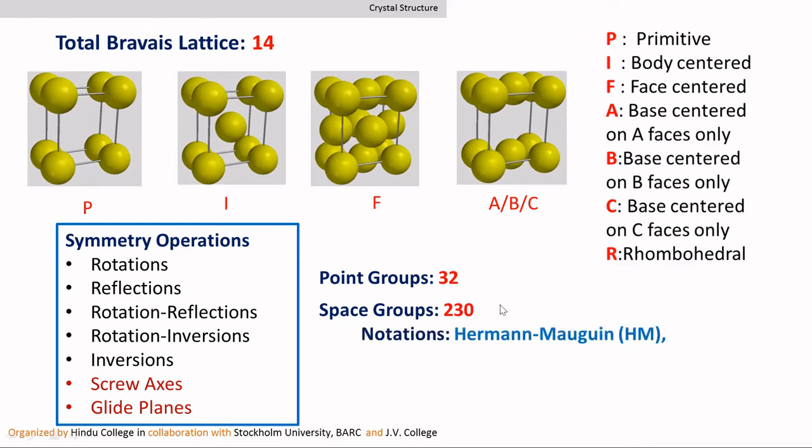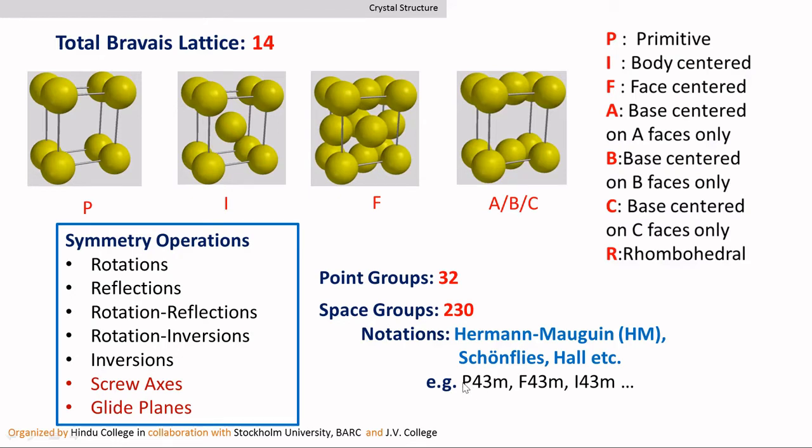There are different notations to represent these space groups. For example, Hermann-Mauguin, also called international notation, then Schoenflies and Hall notation. So if you look at any space group table, for example, the Hermann-Mauguin, normally they have a particular space group as 4 symbols.